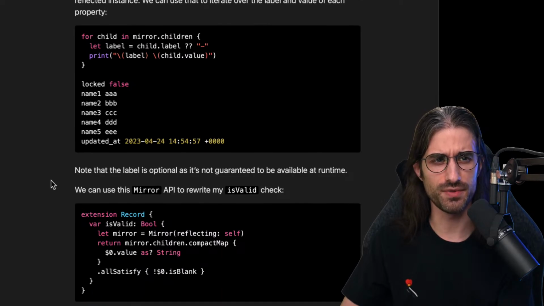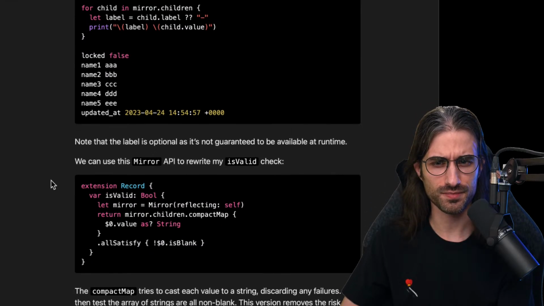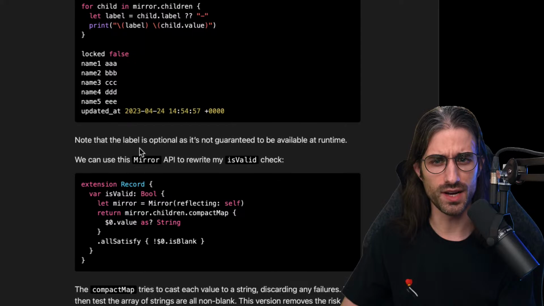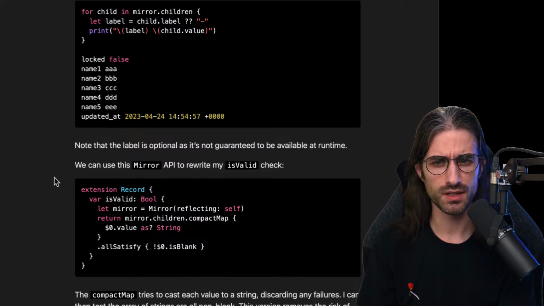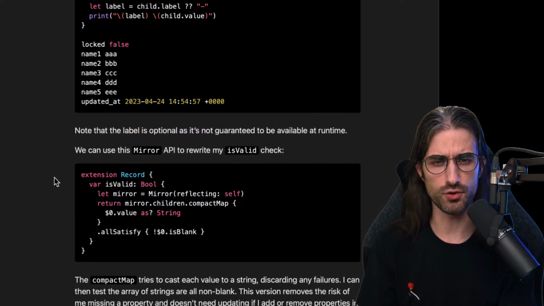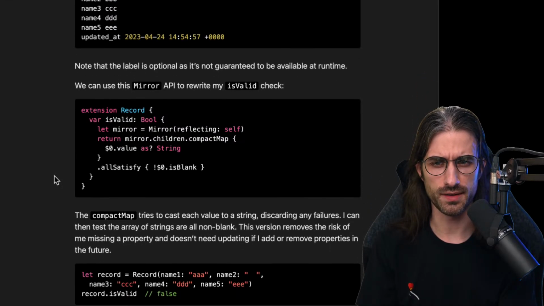I guess it will be the same thing for tuples also. So note that the label is optional as it's not guaranteed to be available at runtime. Oh, so it could also be because information is destroyed at compile time if you build with optimization, maybe. That's interesting. Could be the case or could not be. I have no idea what the conclusion is here.